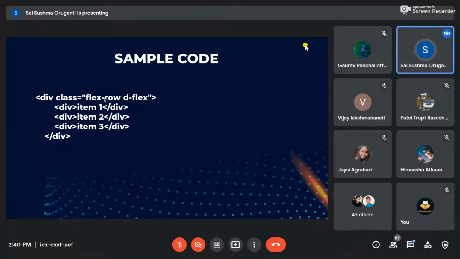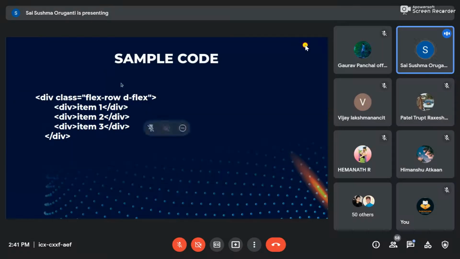You have to remember this, and I will share the official Bootstrap site link also. In that, these are all available. You can go through that, or else you just note it down. I will tell you the most important classes, how to align elements and all. So this div class is flex row. Flex row is nothing but one whole row. This is d-flex. This is also Bootstrap.